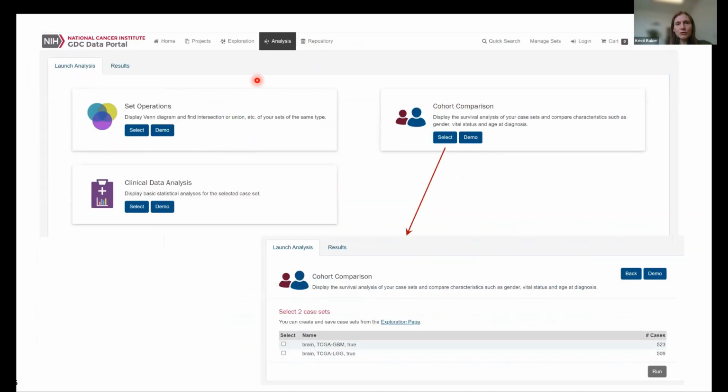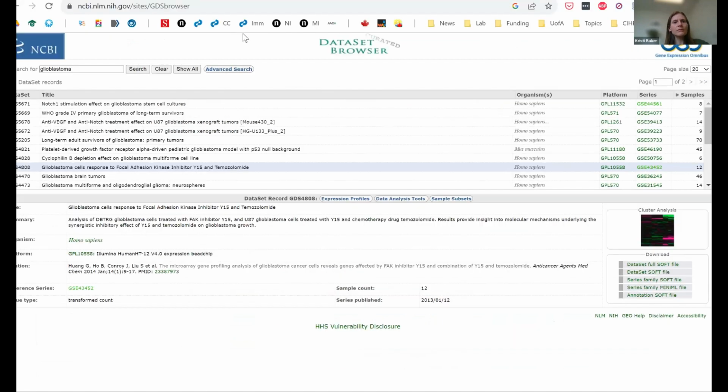One of the things we can do is click on the analysis tab. This is where we can compare different groups, do an analysis of the clinical statistics, or look at a cohort comparison. We're going to go over the cohort comparison today, because that's probably one of the most likely things you're going to want to do. So if we switch back to the website,